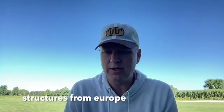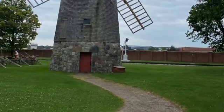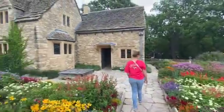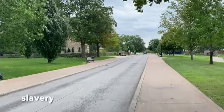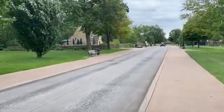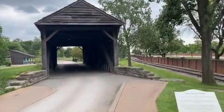Some of the structures, he's done a church there, built a church in honor of his mother and his mother-in-law, very nicely done. He's moved some structures from over in Europe, got a giant windmill there. He has some significant homes there, some homes that were attached to slavery, and it tells a very compelling, heartfelt story on each one of these locations of what went on there. He's got some other homes from over in Europe,